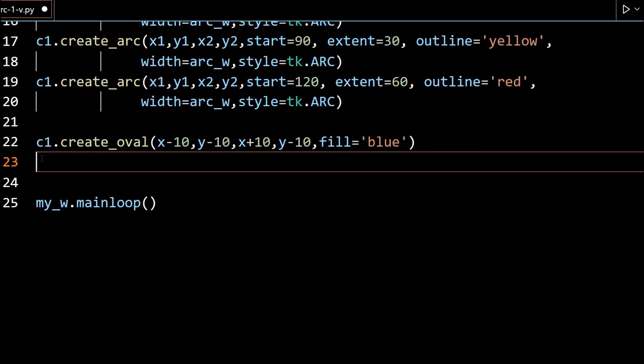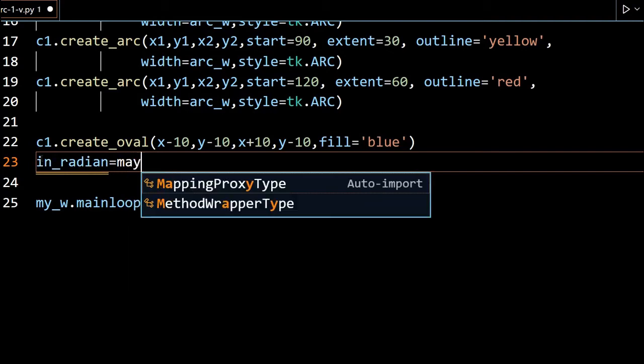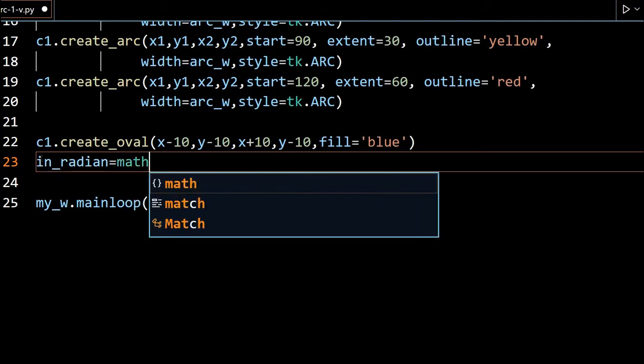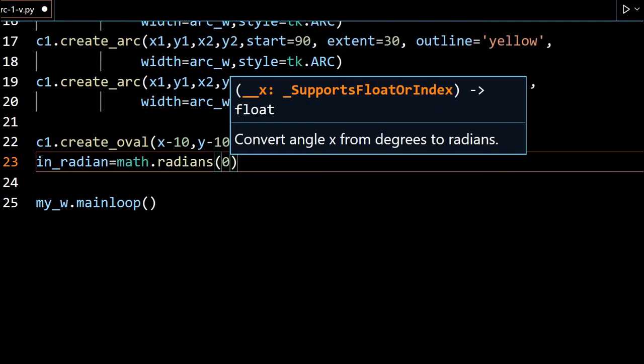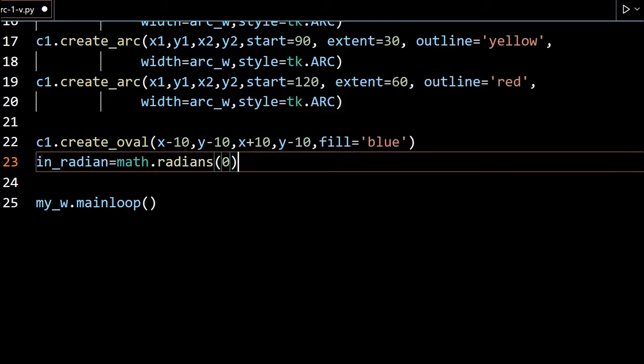Now what I will do is convert the 0 degree to radian. The variable I am using is math dot radians. I am telling it 0 degree. Suppose you want the pointer initially to be at 90 degree, then you can give it 90, because we understand degrees better.